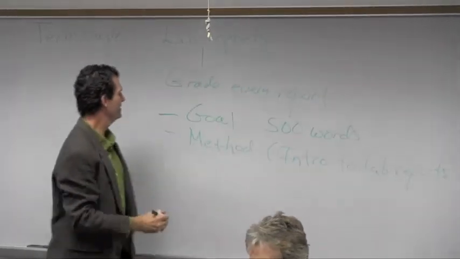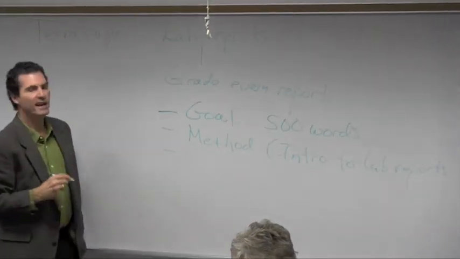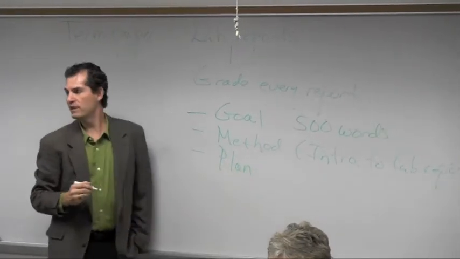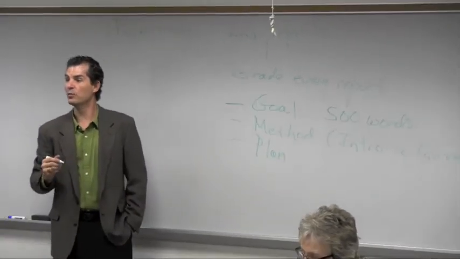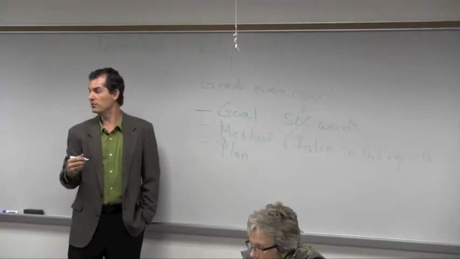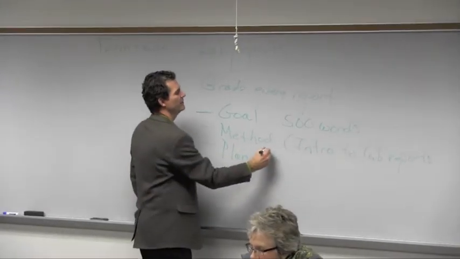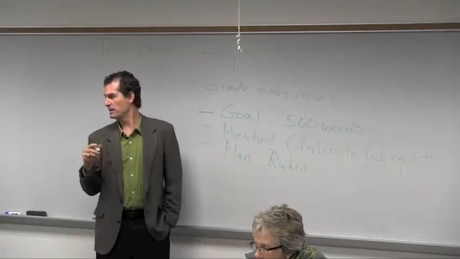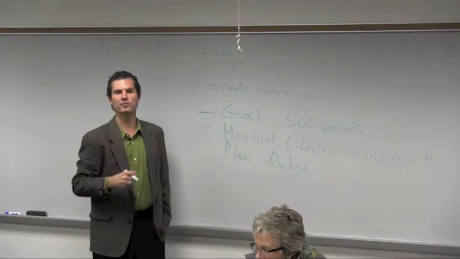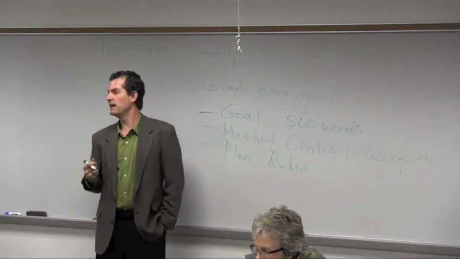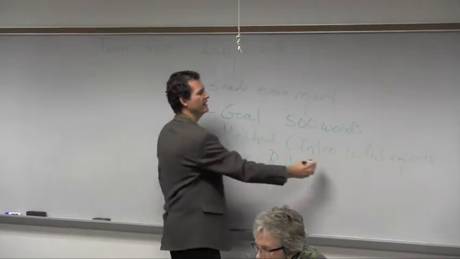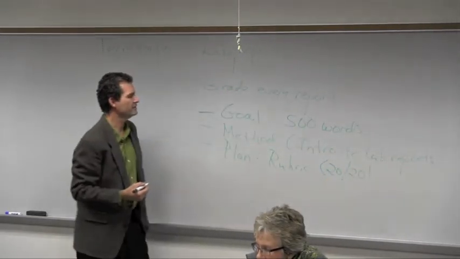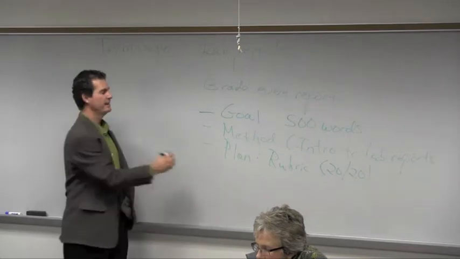And then I had to have a plan, and my plan was that I would tell the students what I wanted and give them a rubric, so they had some idea about what I would be grading them on. All right, so give them a rubric, and then give them one example of good writing. And so I give them a copy of a lab report from previous classes that I gave an A to, a 20 out of 20. So for me, 20 out of 20 is what we're looking for. All right, and so give the students that, and then give them a lab report.